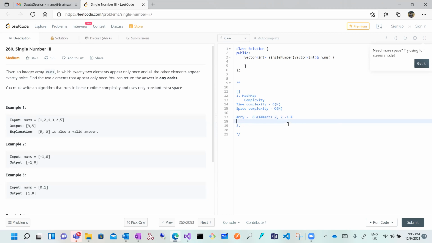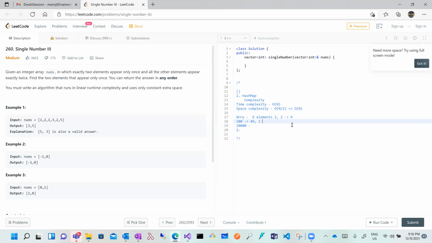If I have 100 elements, then 49 appear twice and two appear one time. If I increase this to 10,000, my space is also increasing. So space is not constant here. Space is roughly n by 2, but when talking about space complexity, we just write order of n.